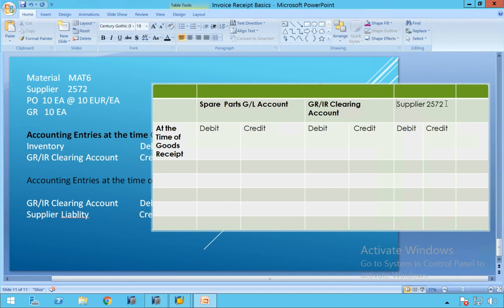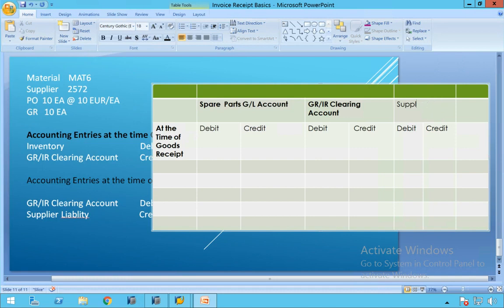Supplier is a subledger. While posting an invoice, the system will update the subledger, supplier number, and in parallel it will update the reconciliation account.